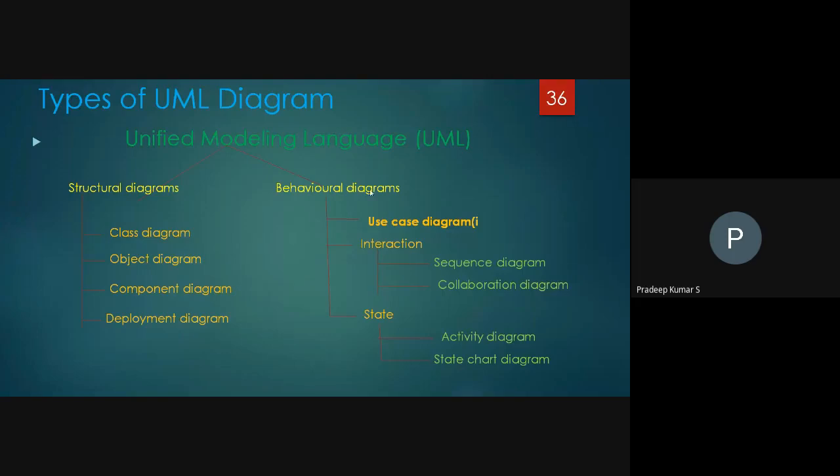In the previous class, especially the class diagram, object diagram, and use case diagram, and under the interaction diagram, we deeply discussed the sequence diagram also. Among the 9 diagrams in UML, especially the class diagram, use case diagram, and sequence diagram play a vital role, because based on those 3 diagrams only the code has to be generated, especially OOPS code. We can refer to either the C++ or the Java environment.